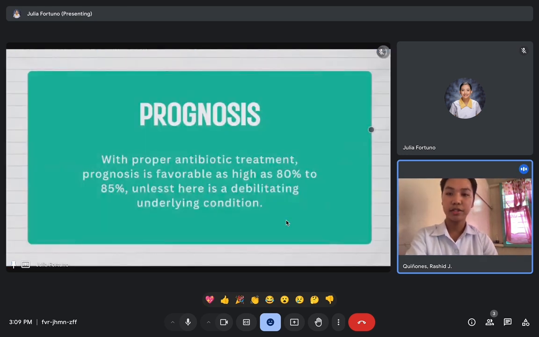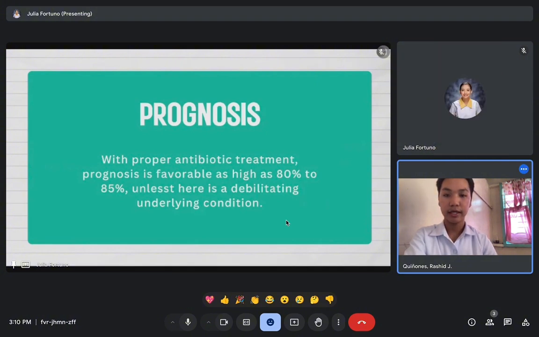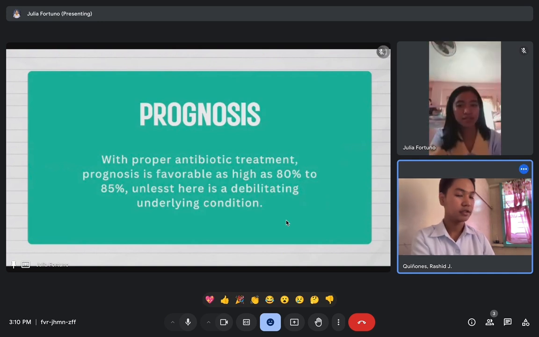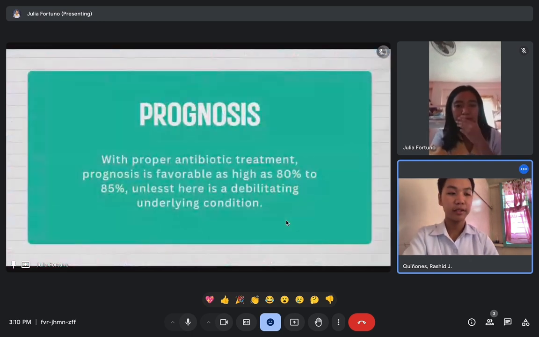For the prognosis, with proper antibiotic treatment, prognosis is favorable, as high as 80 to 85%, unless there is a debilitating underlying condition. For the prevention, appropriate antibiotic therapy before any dental procedure, and then adequate dental and oral hygiene so that